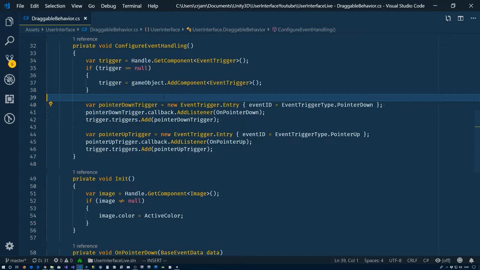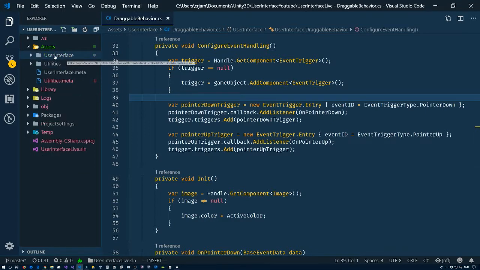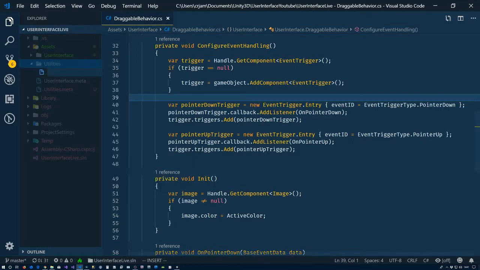This is sort of ridiculous to have to do every time, and I do this a lot, adding event handling. So what we're going to do is come over here. I've already created it before, so outside of the user interface folder and still inside of assets, I have another folder called utilities, an empty folder right now. So inside of that, we'll create a file